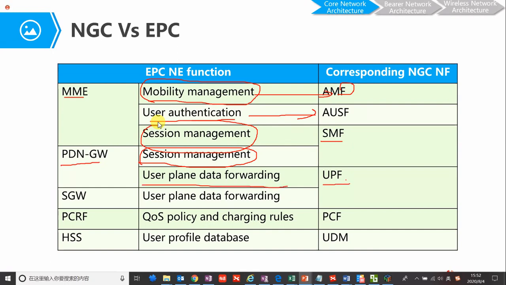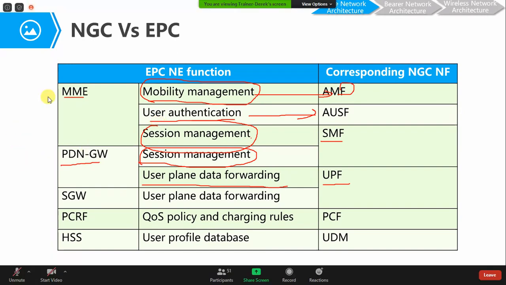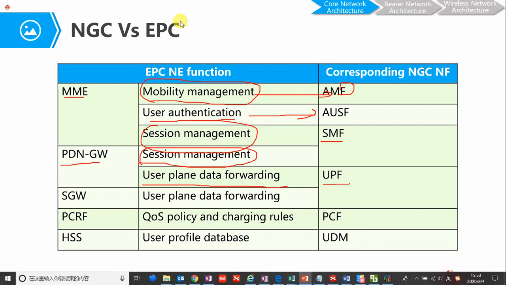We can see this picture, and the function is more dedicated compared with our 4G. AMF is just responsible for access and mobility management, and AUSF is just responsible for user authentication.